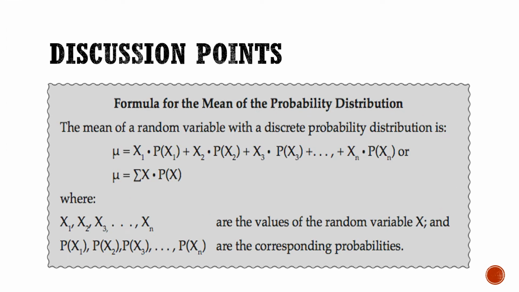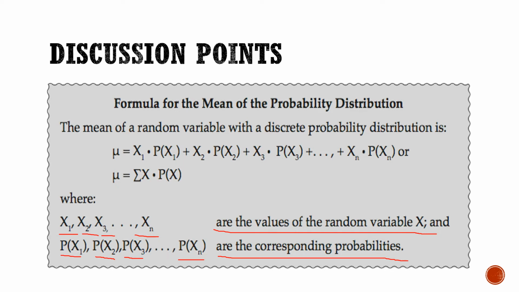So for the last part of the discussion points, here is the formula for the mean of the probability distribution. The mean of a random variable with a discrete probability distribution. So your x sub 1, your x sub 2, x sub 3, and x sub n are values of the random variable x. Then your p of x sub 1, your p of x sub 2, your p of x sub 3, and your p of x sub n are the corresponding probabilities of these values of the random variable